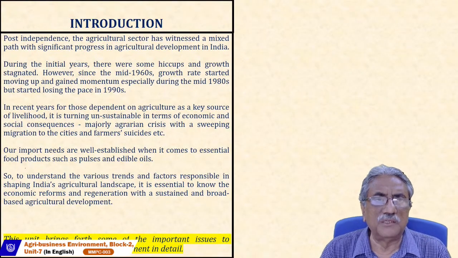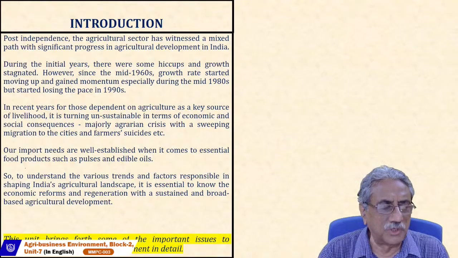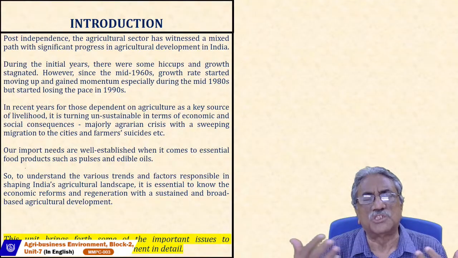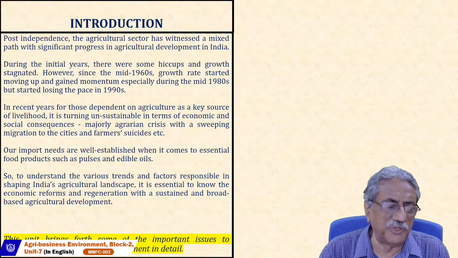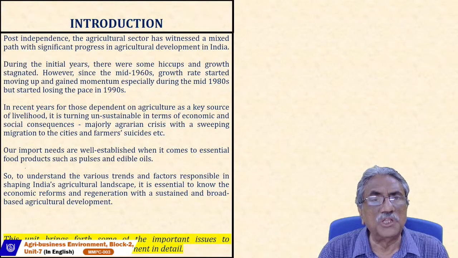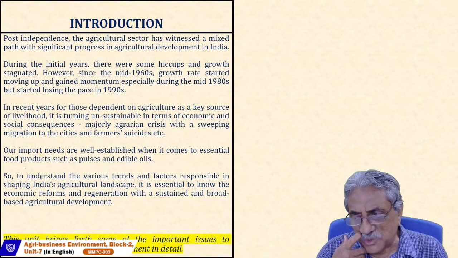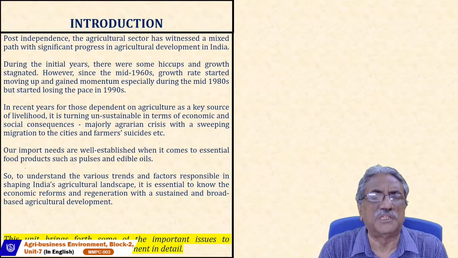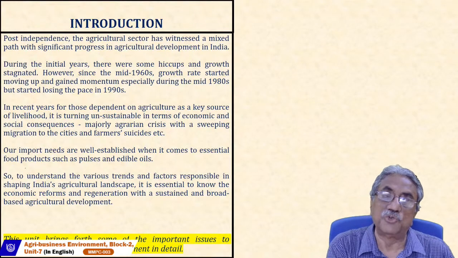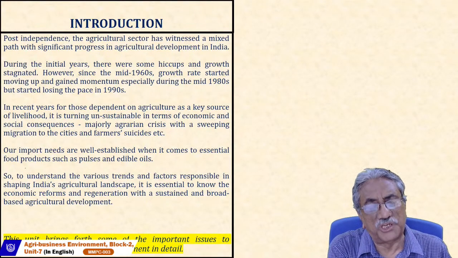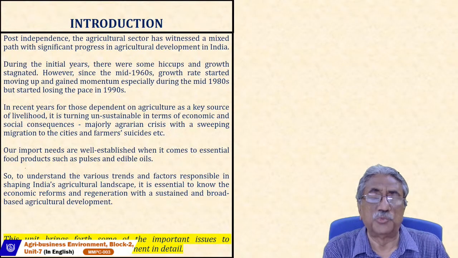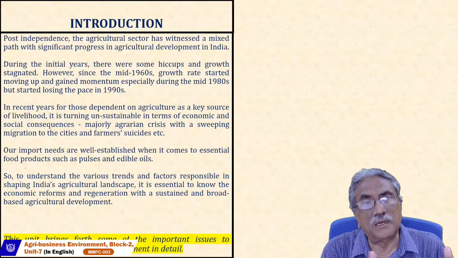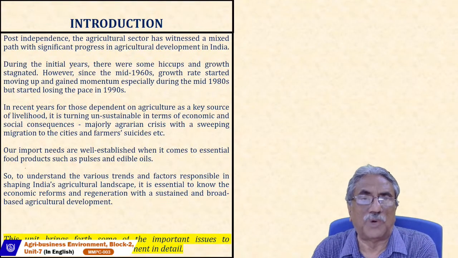During the initial years, there were some hiccups and growth stagnated. In this way, you cannot grow beyond a capacity. Number two, there will be 2 seasons, rainy season and winter season, Rabi and Kharif, we call it. So there will be only 2 crops, mainly wheat or rice, and secondarily they used to grow some vegetables. Partly they used to keep it for themselves to feed them throughout the year. Some good crop used to be kept as seed for the next season, and the rest were brought to the market for sale.